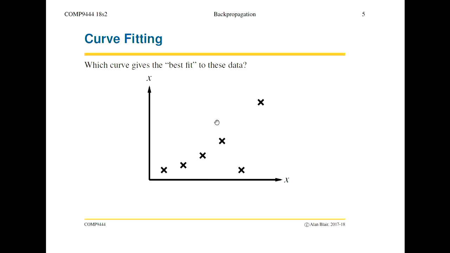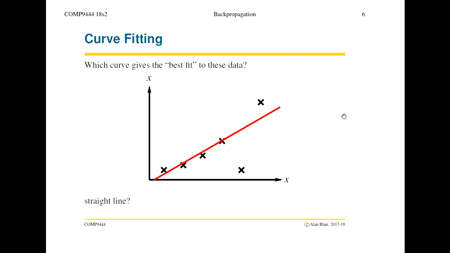So there's a lot of different experiments you can do where you have an input and an output, and you can do various measurements and put a cross: for this input I got this output, and for this input I got this output, and so on. And then the question becomes, well, what would you predict if the input had some other value that didn't previously occur? What output would you predict?